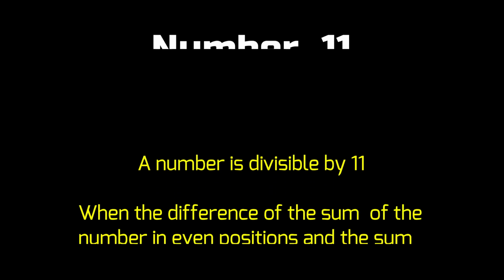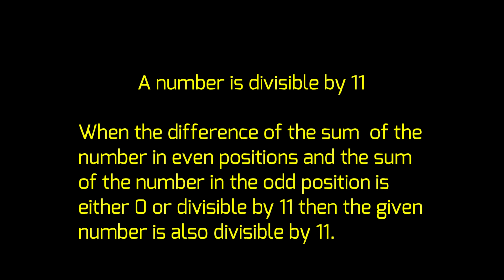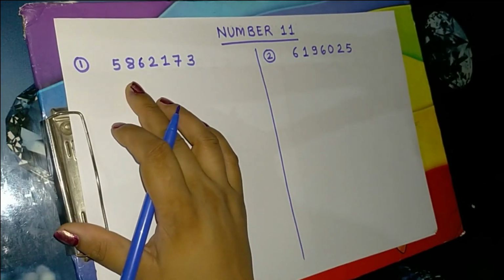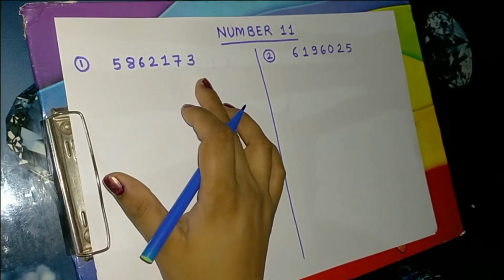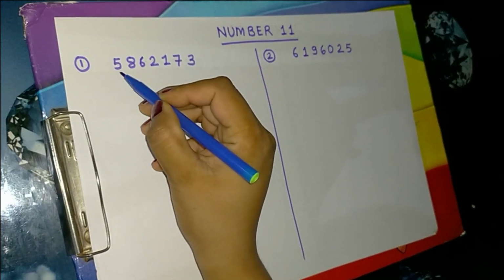A number is divisible by 11 when the difference of the sum of the digits in even positions and the sum of the digits in odd positions is either 0 or divisible by 11. Then the given number is also divisible by 11. For example, here we have two numbers. Our first number is 58,62,173. To check the divisibility of this number by 11, first of all we need to add all the digits